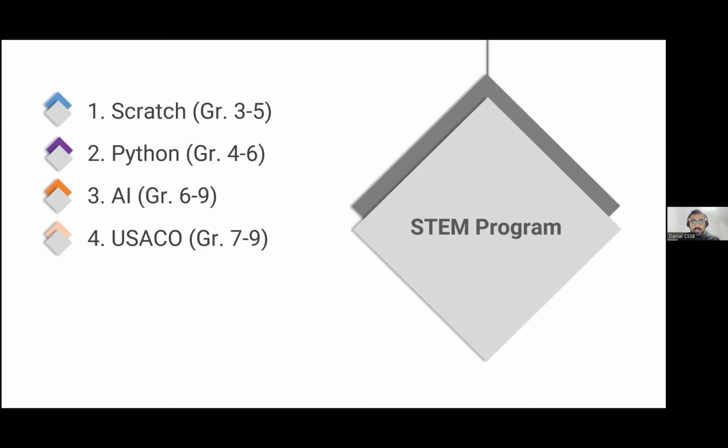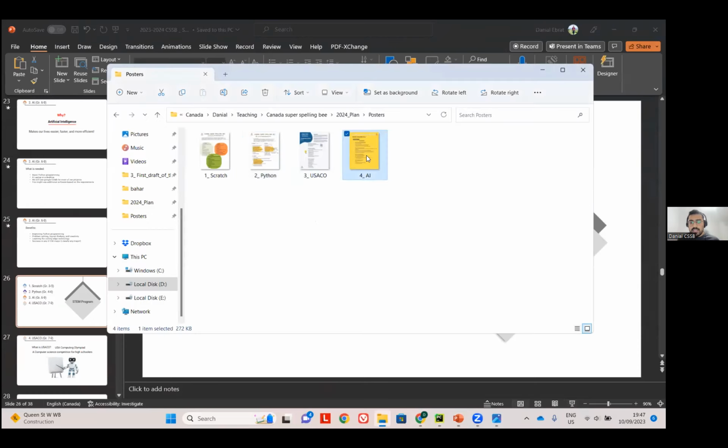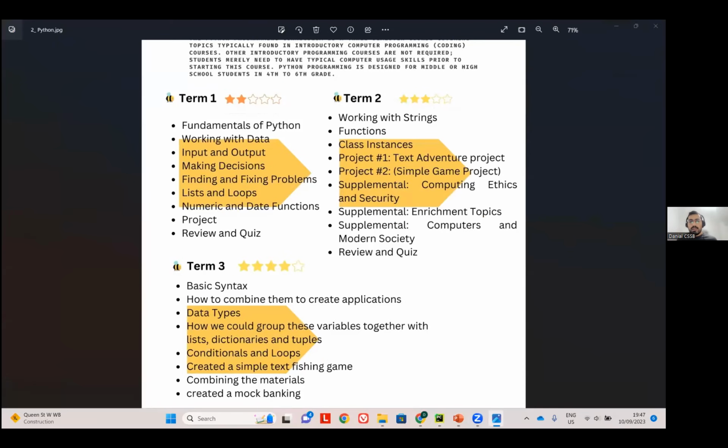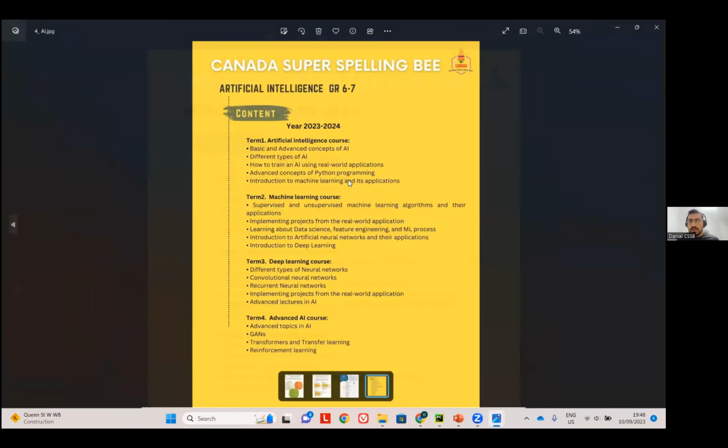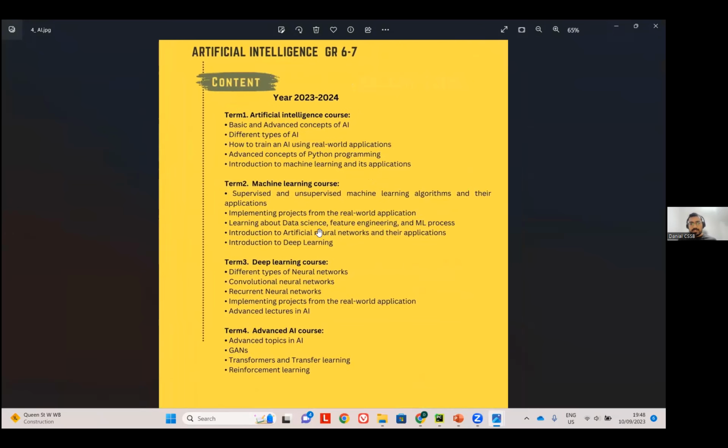So before getting to the last class, first let me show you the AI. We're going to have 4 terms for this one. We're going to have the artificial intelligence course. It's going to be the introduction first. We're going to learn about basic and advanced concepts of AI, different types of AI, how to train AI, and using real world applications.